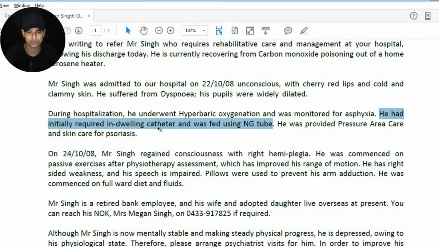Later it was removed. So we don't have to write day 1, day 2, day 3, day 4 like that. Just like that. Initially required, then later on it was removed. It is understood. That's how you reduce the number of words. He was provided pressure area care and skin care for psoriasis. Those were the treatments